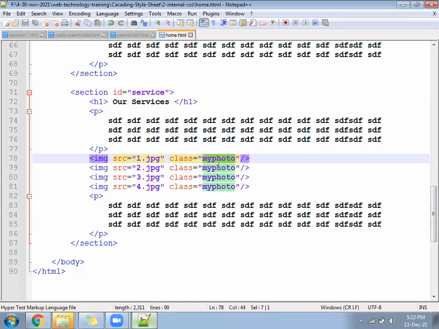Why did we give the my photo class? Because we wanted all 4 photos to look similar, with similar height and width. As we discussed, if one type of design is similar and repeated many times in one page, then what will we follow? Class.